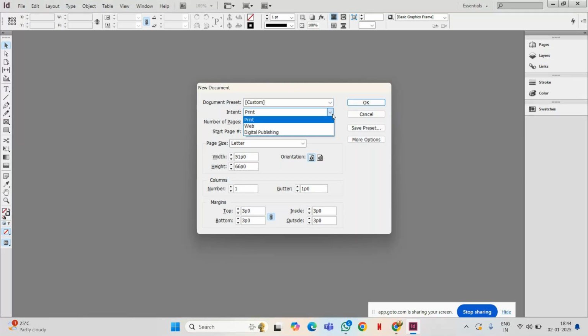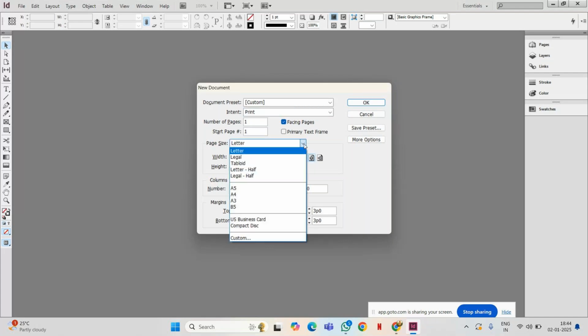When you want to print your work, or publish, or upload it on the web, you can choose this intent, and you can set the number of pages, and you have orientation, and the sizes also will be